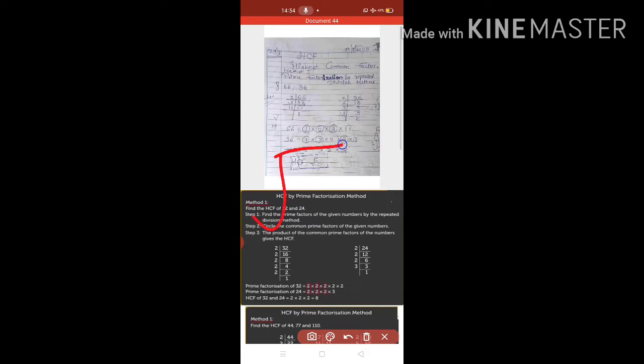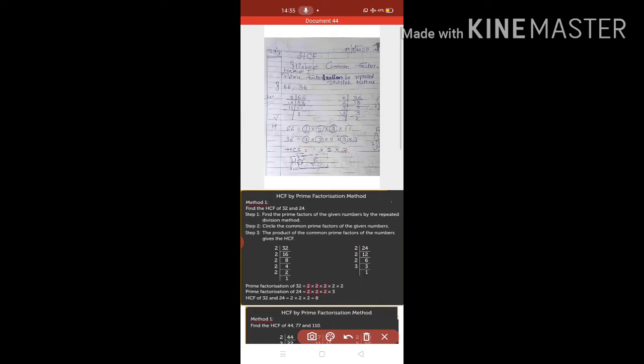Again, I don't know on which table 36 comes, so I will start with 2. I have written 2. Now I don't know in the table of 2 on which number 36 comes. So 2 1s are 2, 1 here, 6 is brought down, 2 8s are 16. So 18 you will write over there. 2 9s are 18. Now, does 2 come in the table of 9? Of course not. So take the next number. 3 3s are 9, 3 1s are 3 and your work is over. So this is 1, 2, 2, 3, 3. You have written it here.